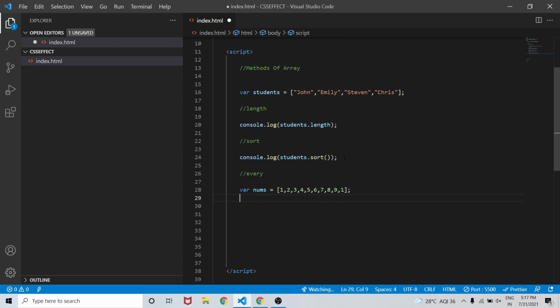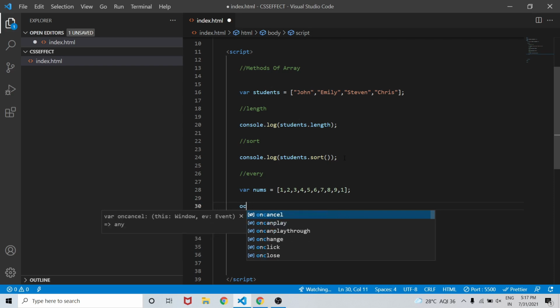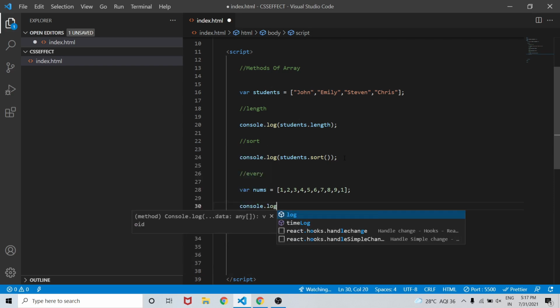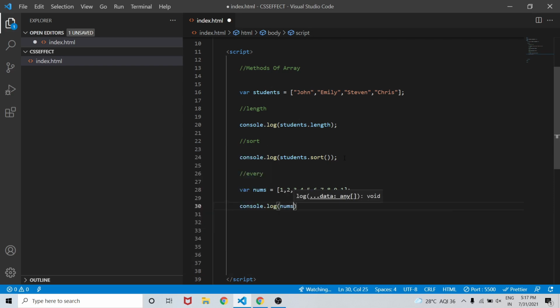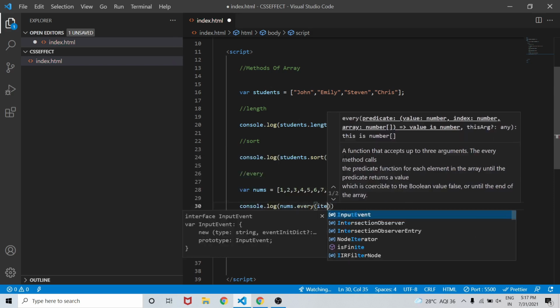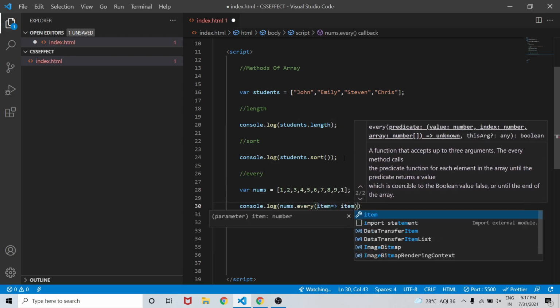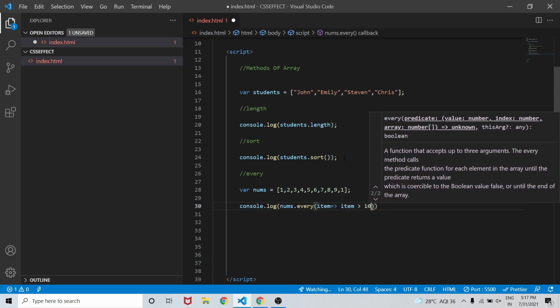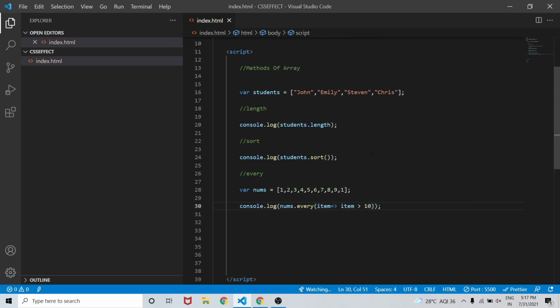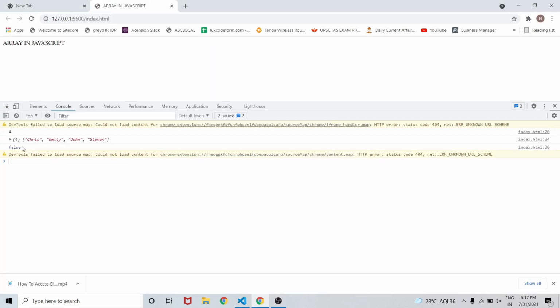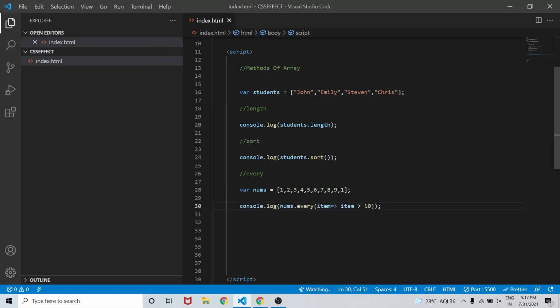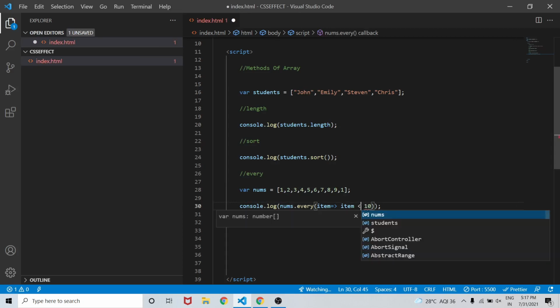Now in every method what we will do, console.log nums.every, then in bracket item arrow function, item is greater than 10. So this will check if all elements in our nums are greater than 10 or not. So it will give us false because we don't have any value which is greater than 10.